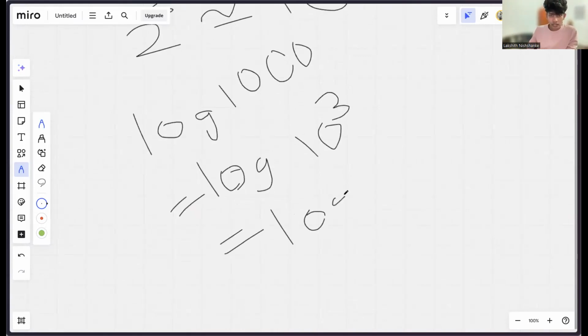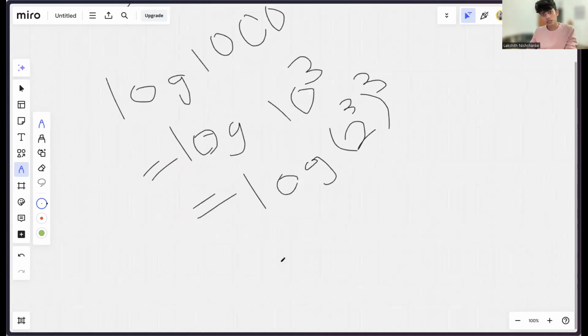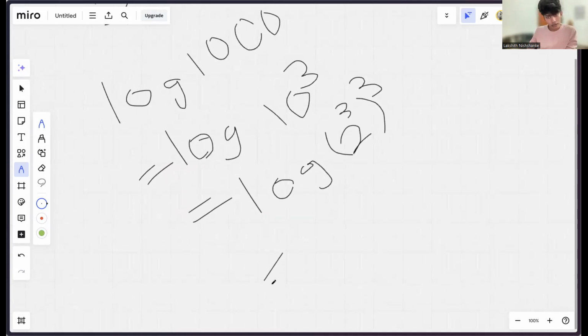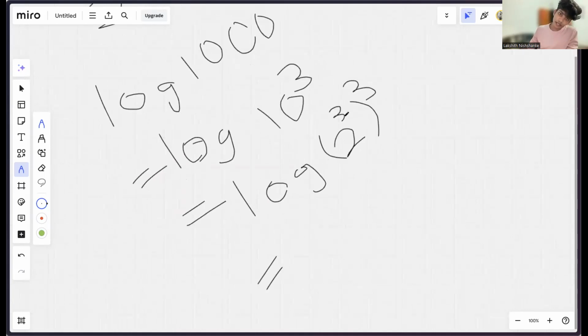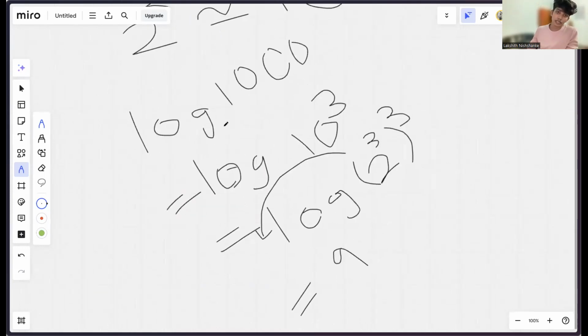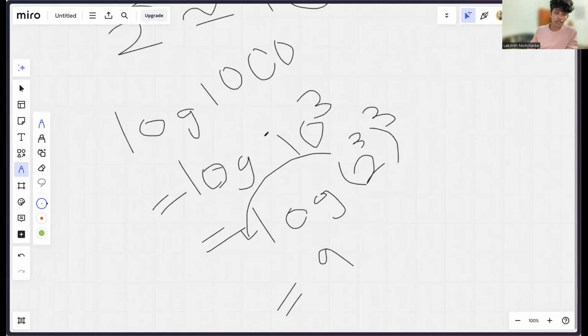That means log 10 equals 2 to the power 3, so 3 times 3. This means 9, right? So we can get 9 here with those log rules. And then log 2 to the base 2 is 2. Then the answer is 9. So from what I did, log base 2 of 1000 is 9.